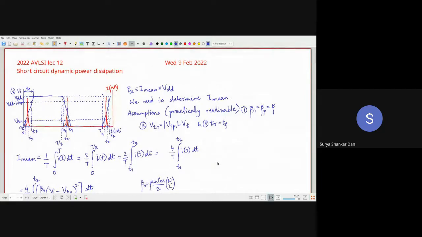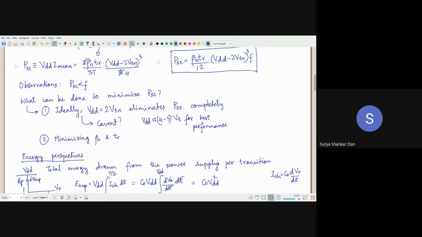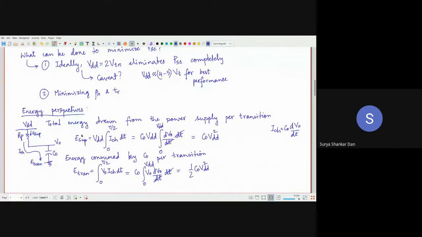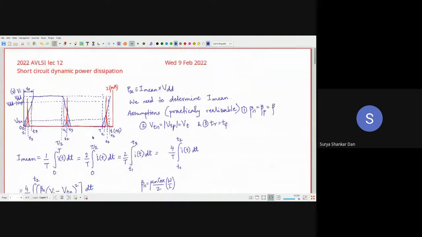By the way, I'll be discussing with you later also. The power calculations, whatever we are doing here, are all right. But whenever we are speaking about the transitions, the dynamic power is better represented using energy perspectives. We will understand that in many of your papers. I have started going through the papers which you have uploaded, which you have shared for the projects.